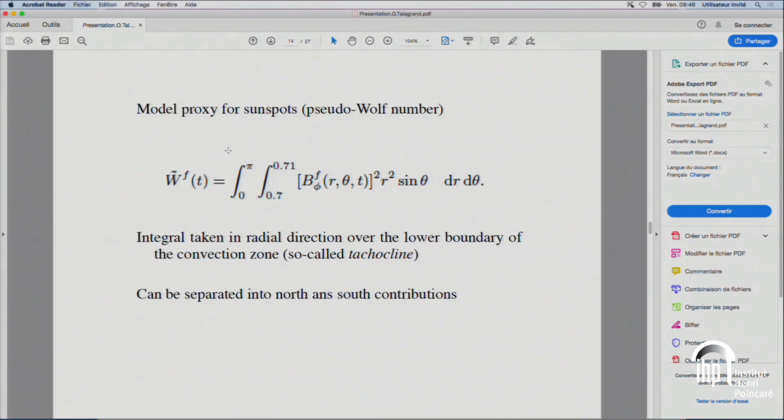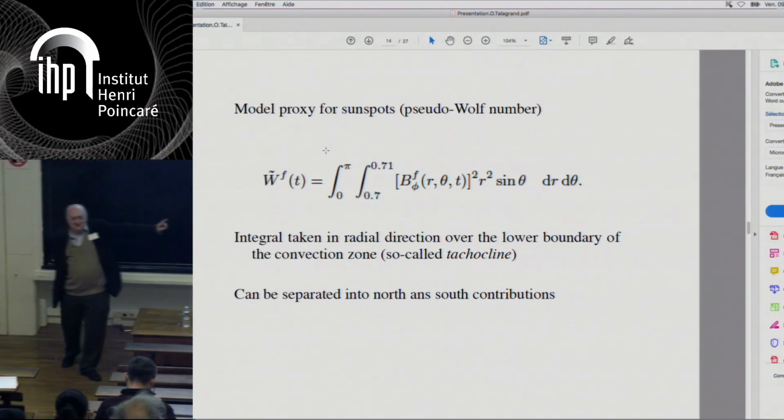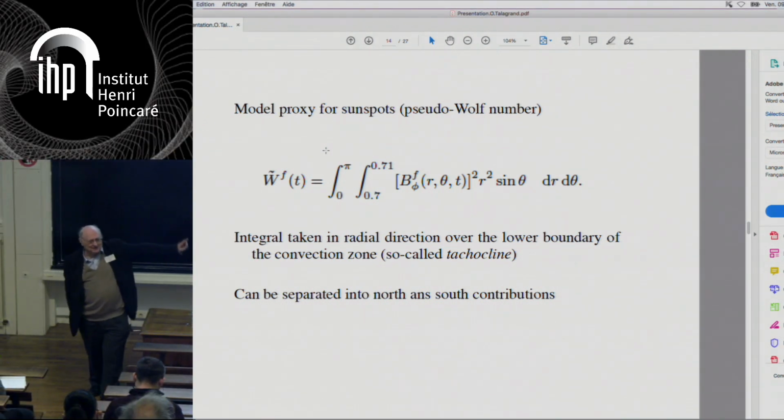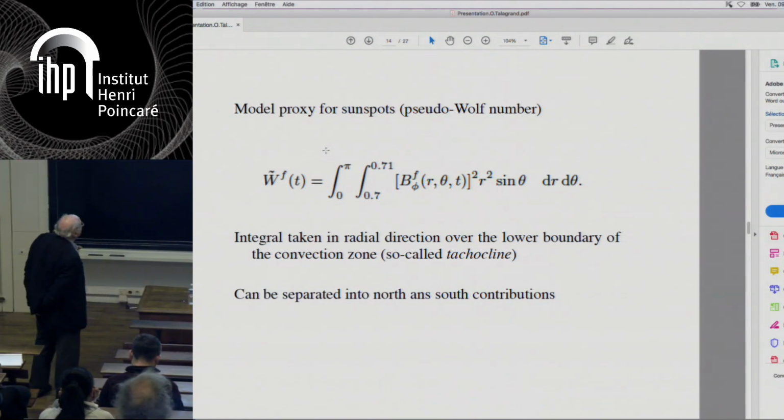And the second observation is line of sight. The model does not produce sunspots. So how shall we assimilate observation of sunspots? Well, the proxy is defined, a pseudo-Wolf number